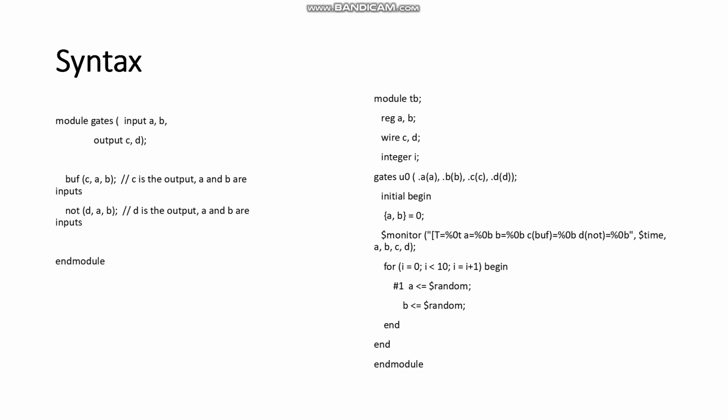Next I am taking gates as the module from before and creating an instance here. U0 is the instance. I am connecting the previous inputs and outputs with the testbench ones, like dot a of a, dot b of b. This is the syntax and the method for connecting inputs and outputs from one module to another. Next I have to use the initial keyword and begin. There are actually two types of initial and begin usage. If you are using only the initial keyword, then for execution you have